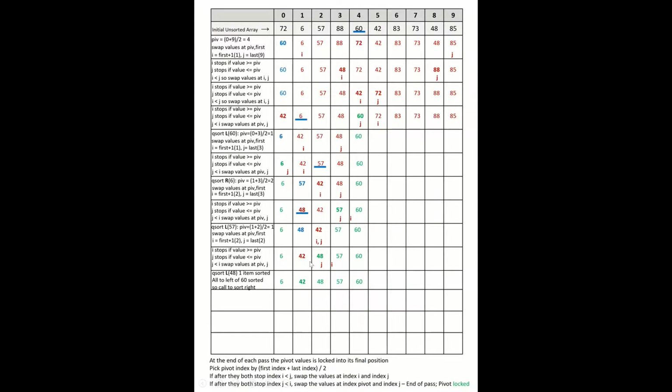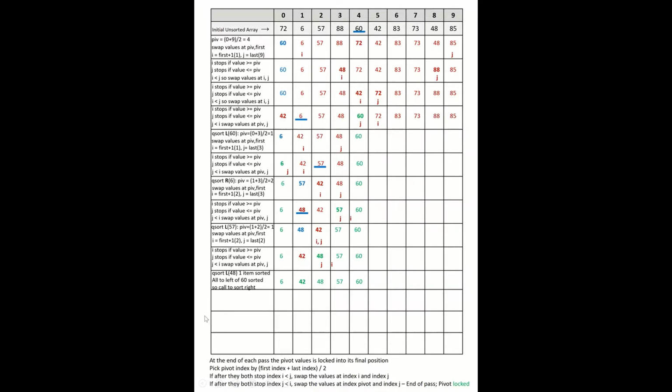So the recursion unwinds back to this point. There's nothing to call on the right side of 48. There's nothing to call on the right side of 57 because we're only dealing with this sublist here. And so the recursion unwinds basically all the way back to the top,